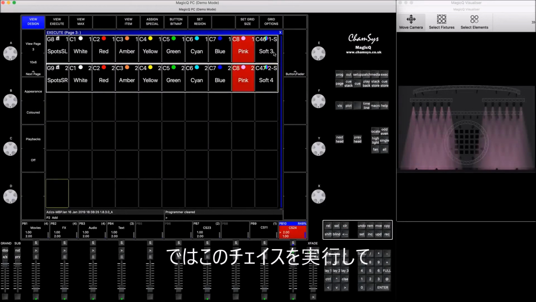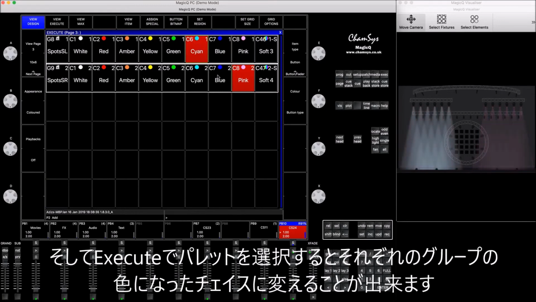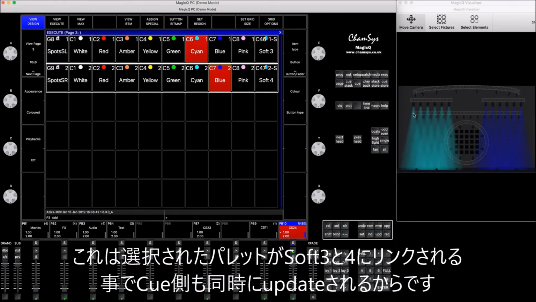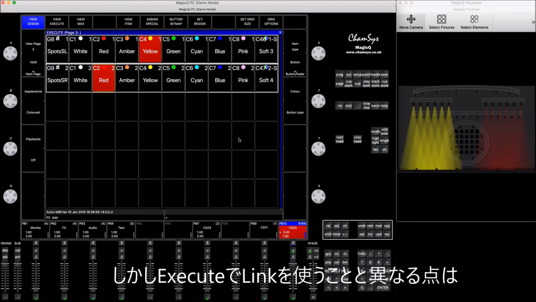And now, what you do is you press clear, yeah, because we've selected a palette that was a white color, so it wasn't a programmer. We press clear, and now if we click on any of our palettes, you will see that it automatically applies them onto each of our steps to the correct group of lights. So if you press yellow here and red here, you will see that it applies colors correctly onto each group of lights. And of course, again, you may say that, hey, I could do the same thing, but the difference